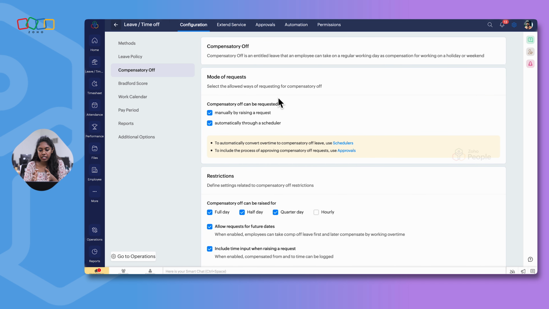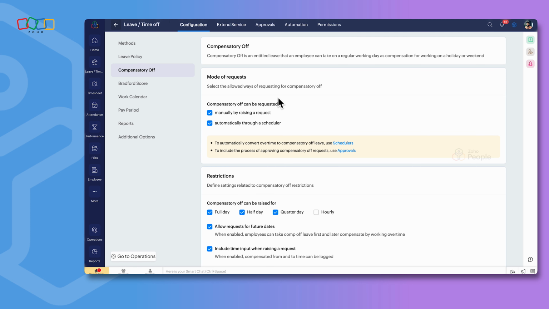There are two different modes on how an employee can raise a compensatory request. When we say compensatory request, it is nothing but when an employee works on a weekend or holiday, they will first submit a request in the system telling that I have worked on this particular day. And this request will follow an approval flow. Post approval, the leave will be credited.